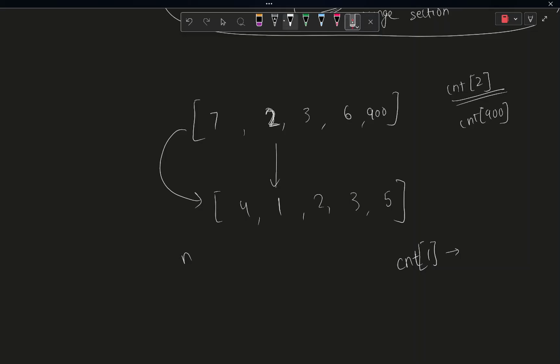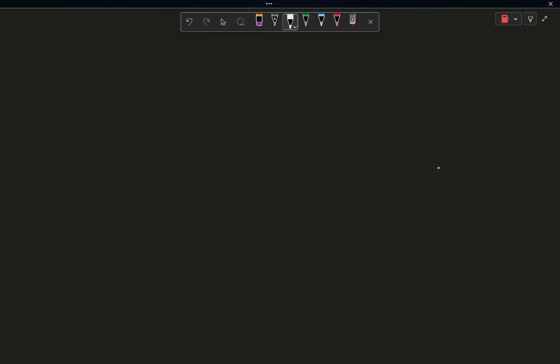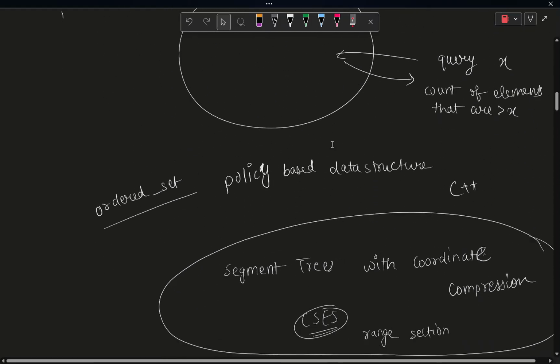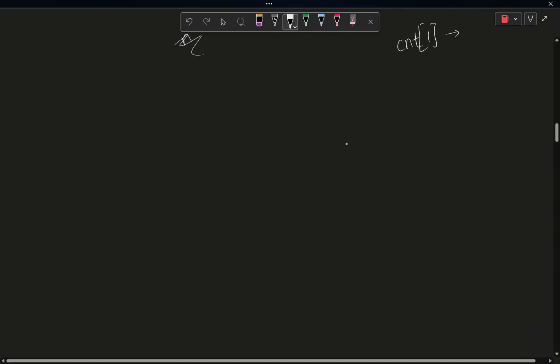Basically you got the idea that coordinate compression can be helpful. You can study about it more on your own. We just use that technique with segment trees. Now I'm not really going to explain the whole stuff here, but the basic idea is, if you have something like